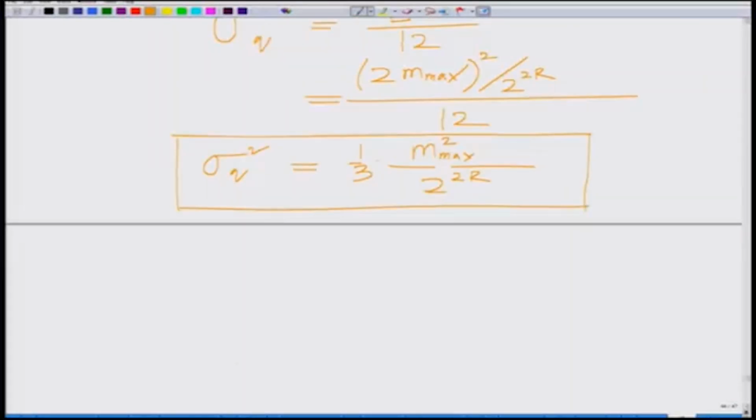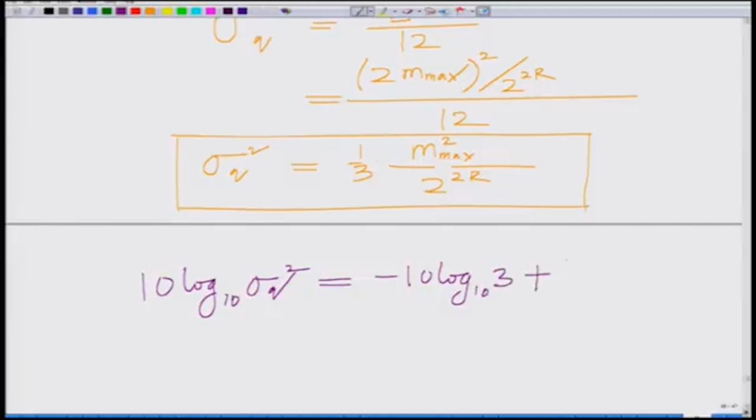Now, we have sigma q square is 1 over 3 m max, where m max is the peak amplitude of the signal sample, m max square divided by 2 to the power of 2 r. And therefore, now if we consider it in dB, quantization noise variance 10 log 10 sigma square, that is equal to, well, minus 10 log 10 3 plus, well, 20 log 10